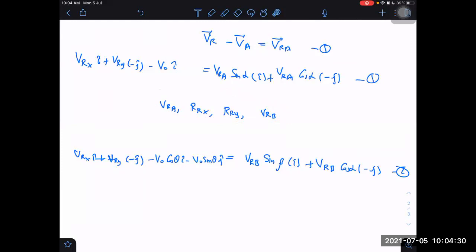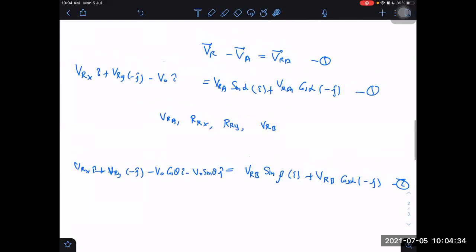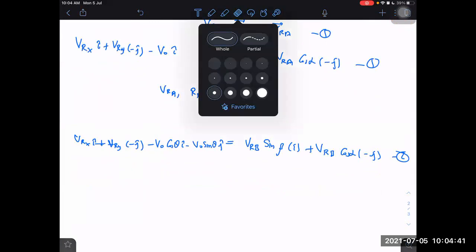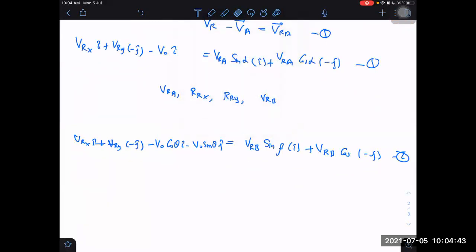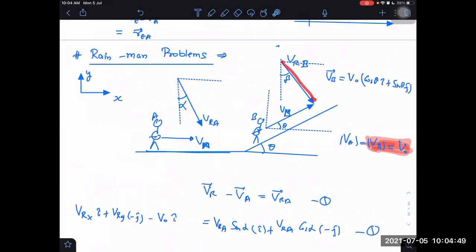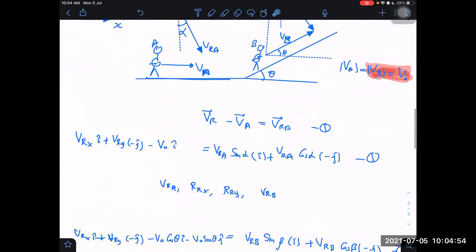Sir, in the second equation there, VRB cos beta, no, sir? Let me check, am I doing it wrong? Oh yes, yes. Right. Good. Nice, you pointed out. It should be beta because its components are beta only, no? Yes, sir. It should not be alpha. It is by mistake I wrote it as alpha. It should be beta, correct only. Because I said that VRB is along the y-axis, so it is VRB cos beta.